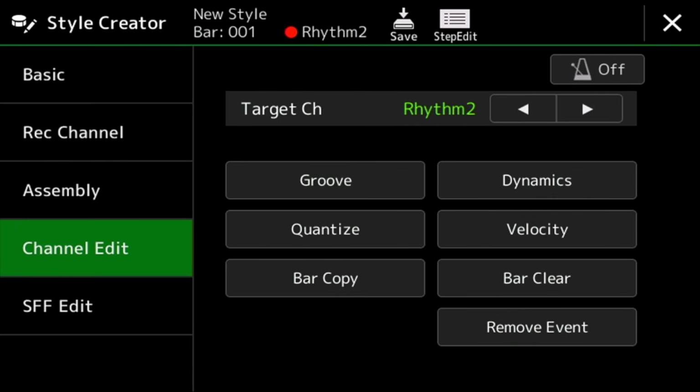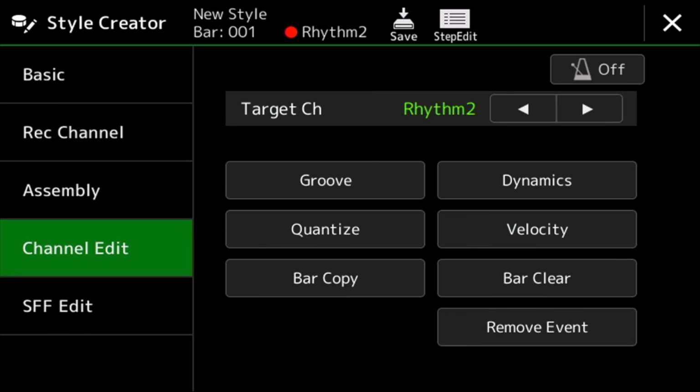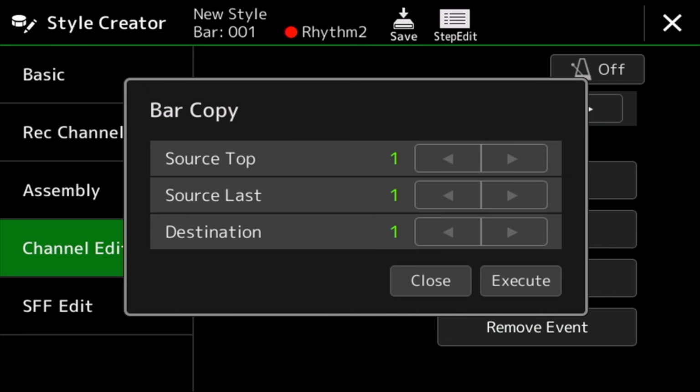Next up we have bar copy and bar clear. Within each style we have up to 8 channels of recorded data. So we have rhythm 1, rhythm 2, bass, etc. Bar copy allows data to be copied from one measure or group of measures to another location within the specified